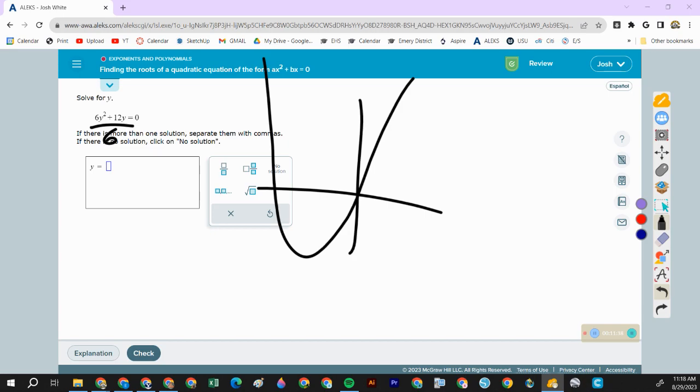Will dividing by 6 affect the graph? Absolutely. The graph will be 6 times shorter than it used to be. So now the graph looks like this. But the roots remain unchanged. So 6 is part of the graph, but it does not affect the roots. If you multiply by a number bigger than 1, the graph gets taller. It sort of looks skinnier, but it's actually taller. If you divide by a number bigger than 1, then it gets shorter, or it looks wider. So we divide by 6,